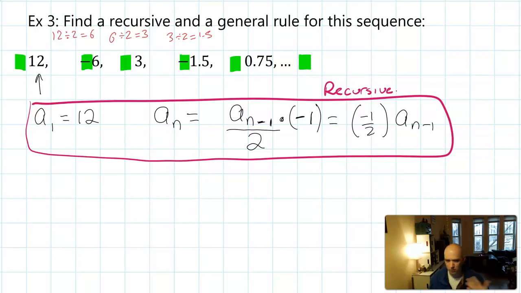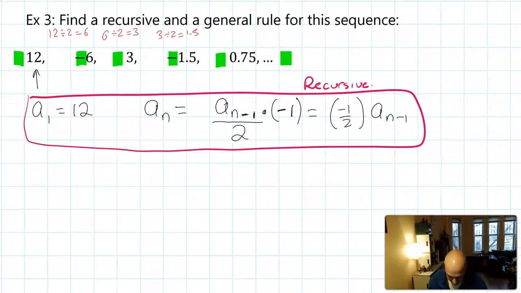Now to find the general rule, and this is a type of sequence that you haven't really officially seen yet, but I think you can kind of see what's going on. We're dividing by 2 every time, but I'm going to say we're maybe multiplying by negative 1/2 every time, aren't we? And that's what our recursive rule says. We multiply by negative 1/2. So to go from the first term to, say, the fourth term, I've multiplied by negative 1/2 3 times. So a general